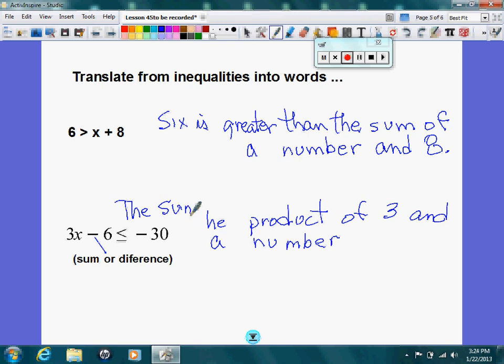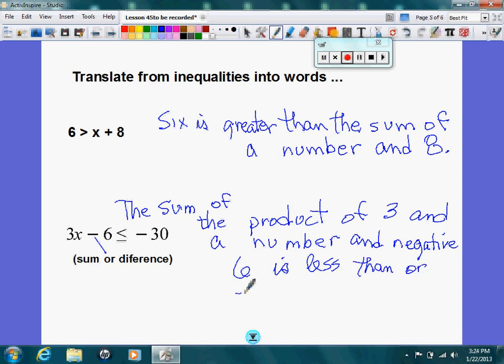The sum of the product of 3 and a number and negative six is less than or equal to,